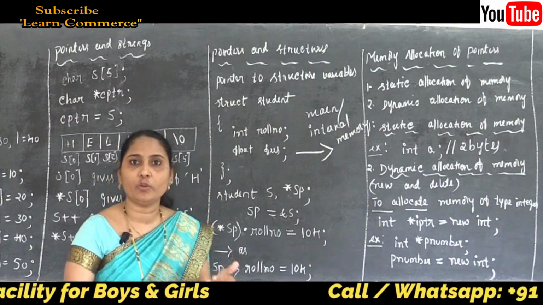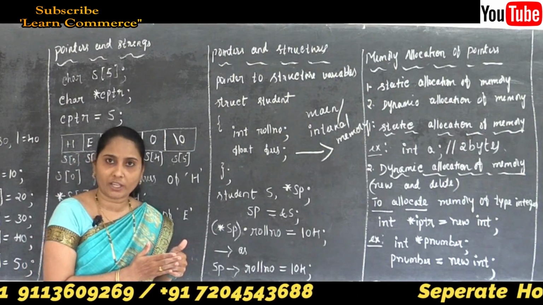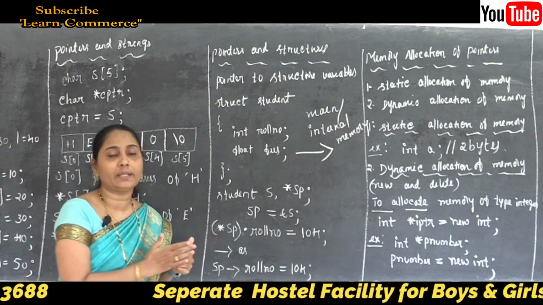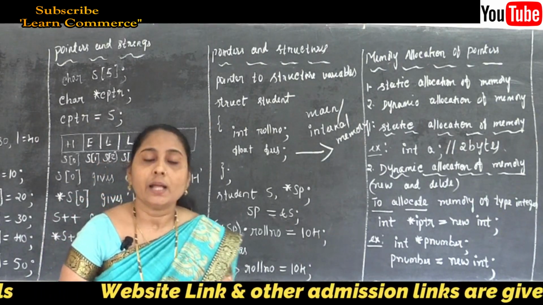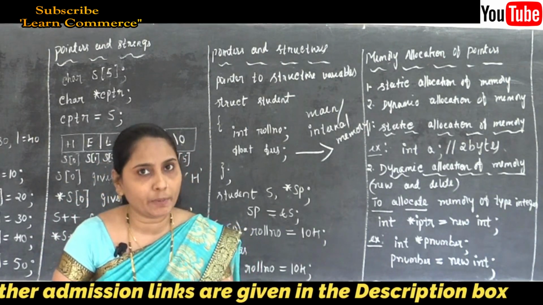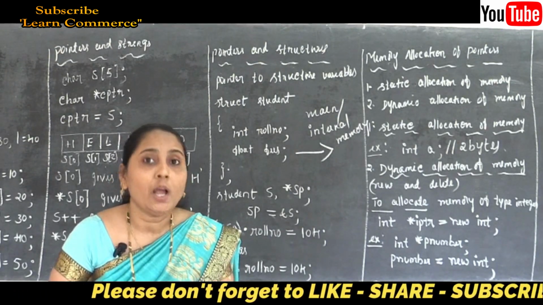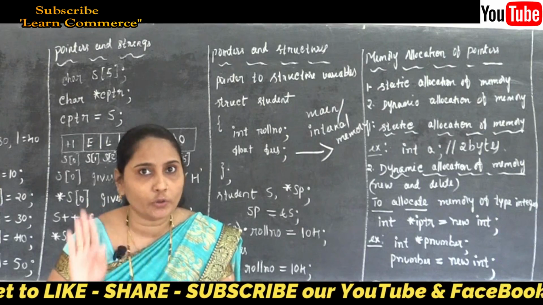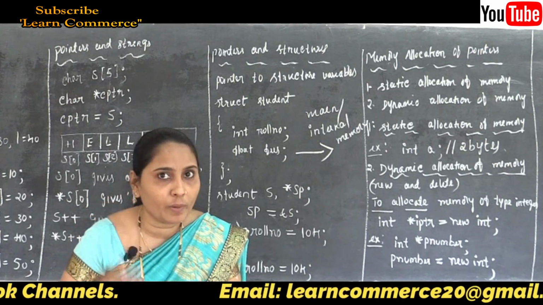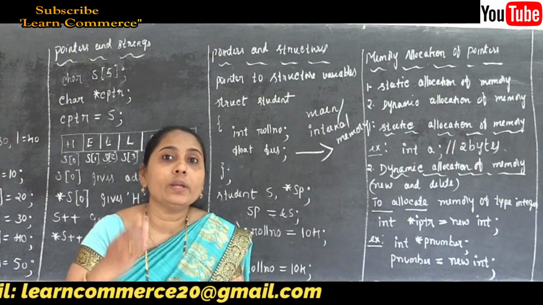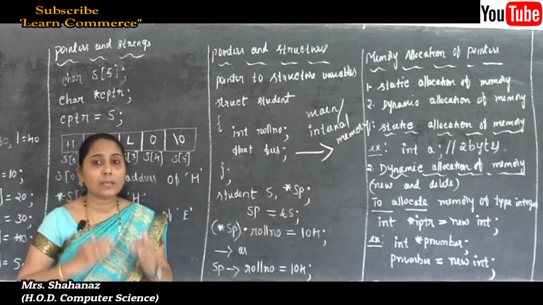Clear this point? When you want to increase the size, at that time only, by using allocation, we are going to use the operator new. If you don't want it, then we use the operator delete. So we can say that in dynamic memory allocation, the amount of memory to be allocated for the variable is not known. Why? Because this amount of memory is made available during runtime, as and when required. Clear? So C++